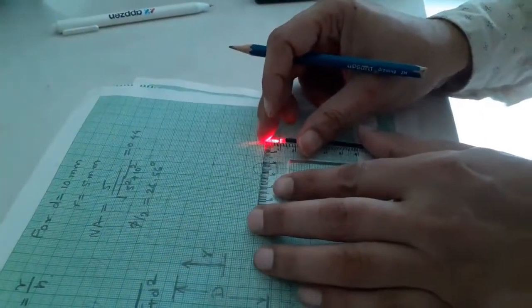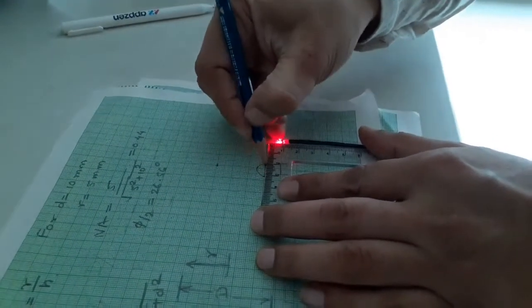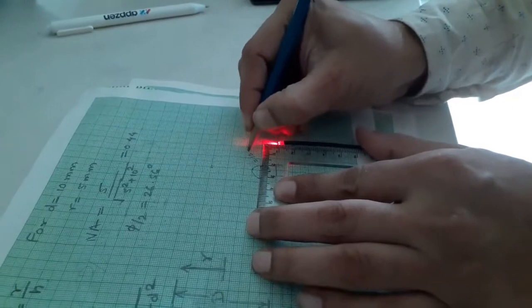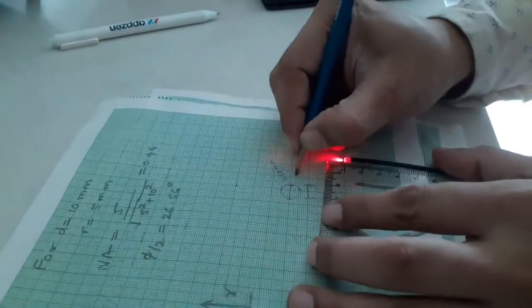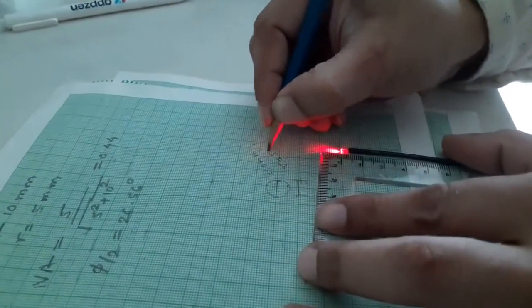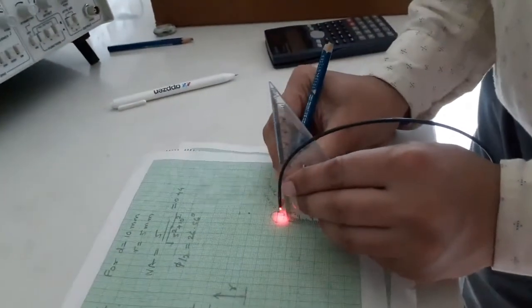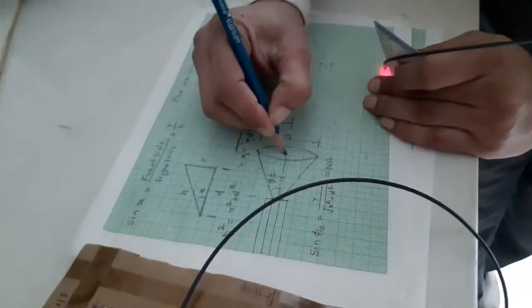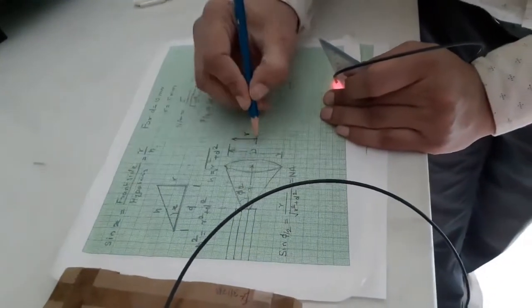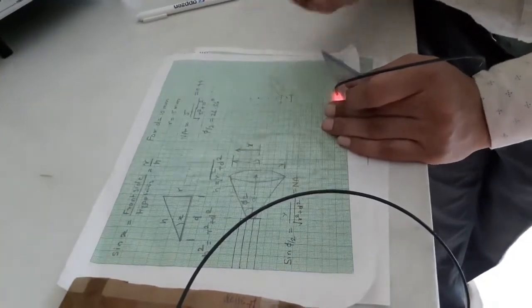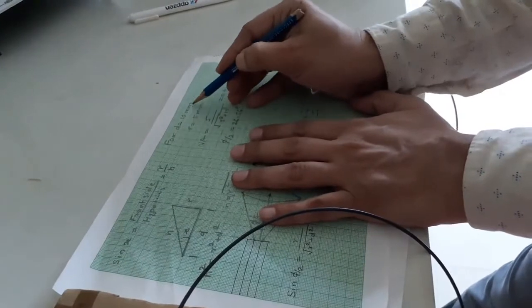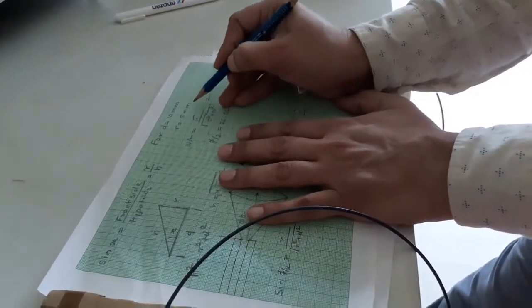radius. Now if I see, this diameter is about 1 centimeter, that is 10 millimeter, so the radius for this is 5 millimeter, and I have kept this above 1 centimeter, that is 10 millimeter. So my D is 10 millimeter, my radius is 5 millimeter. So for D equal to 10 millimeter, R is equal to 5 millimeter.